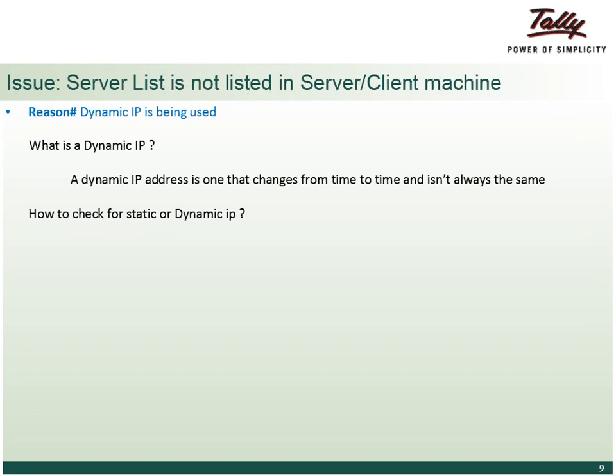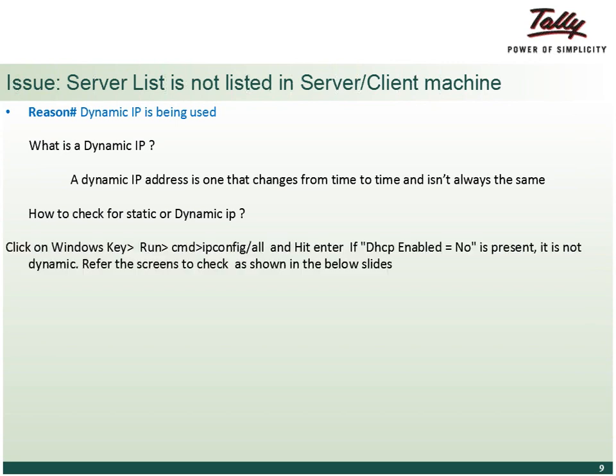So let us see how exactly we can check whether the system is configured with static IP or dynamic IP. We have understood that dynamic IP means every time you restart the system, the IP address will get changed. The opposite of dynamic IP is static IP, that is nothing but whether you are restarting the system or not, the IP address configured for the system remains the same.